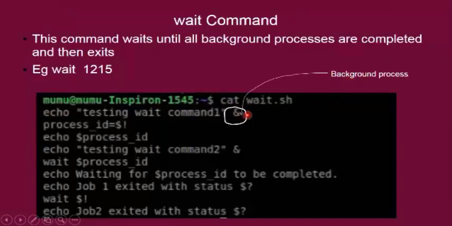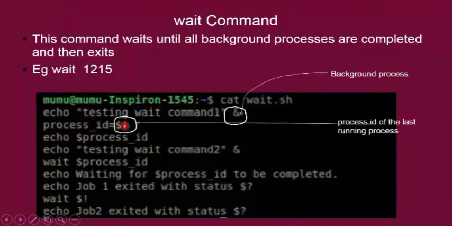Like I told you earlier, some processes are foreground processes and some are background processes. This ampersand sign will force the system to run this command in the background. Why are we running this in the background? Because we are going to see the usage of the wait command. Then the next statement is process ID equals dollar exclamation mark.